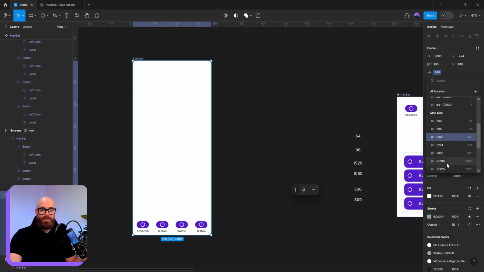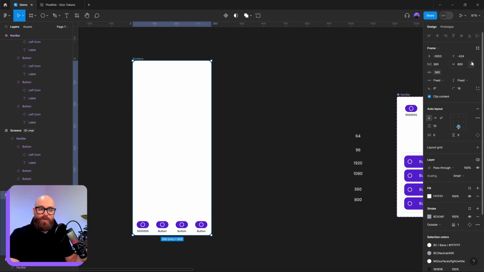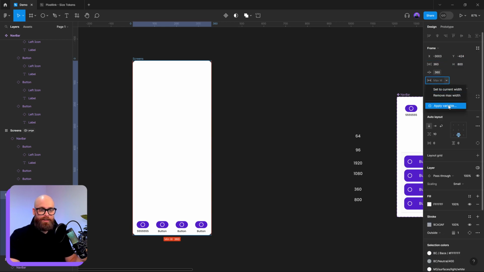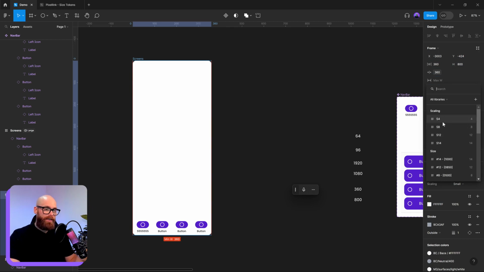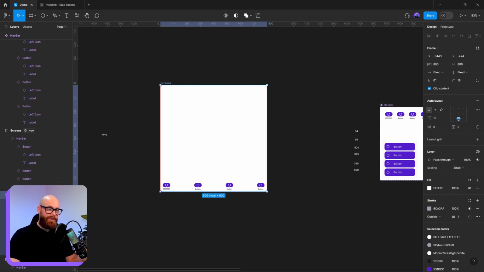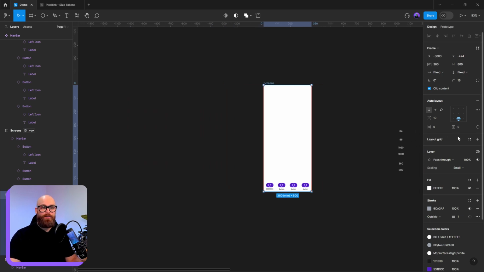Actually, that will be the wrong min. No, so this will be minimum. I'll need to go minimum, that one. Great. Then I go to add in my maximum, add my value, and my maximum will be, let's say, 800. So now my screen can't get any bigger than the maximum of 800 or the minimum of